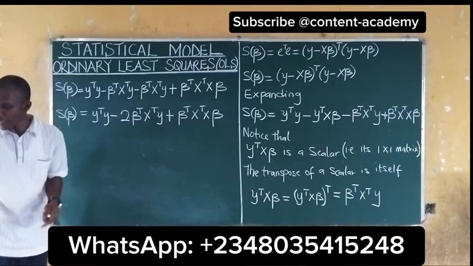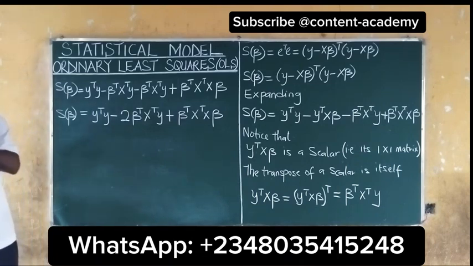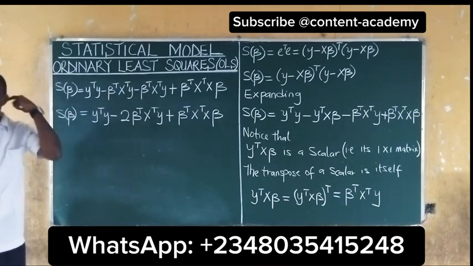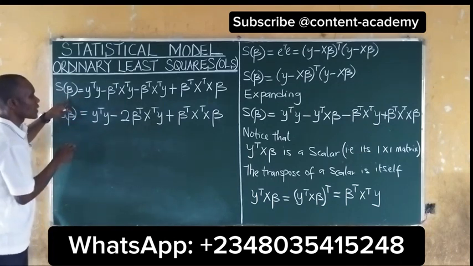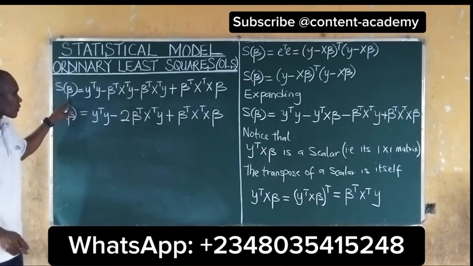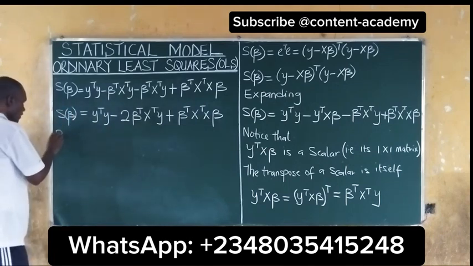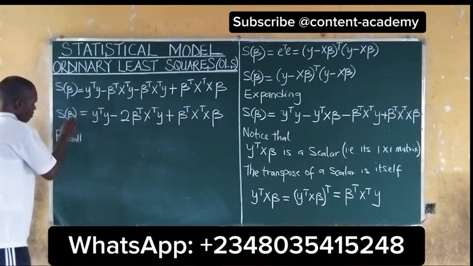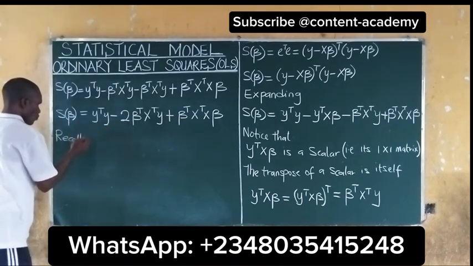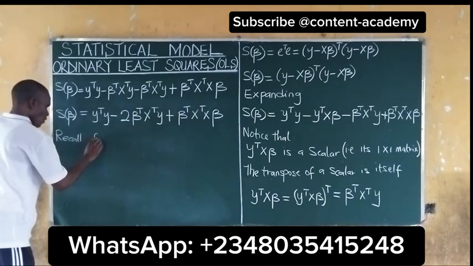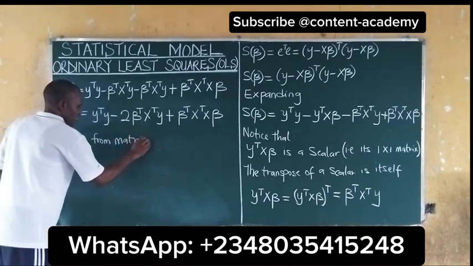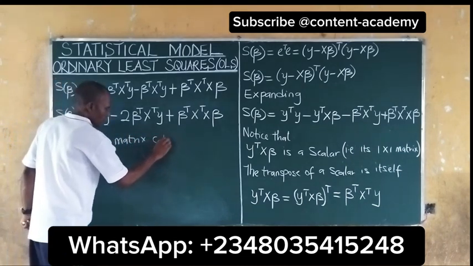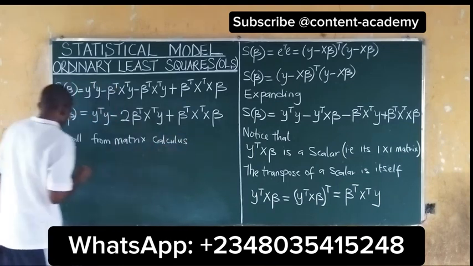So like I said earlier, the goal of the ordinary least squares is to find the vector, which is b, that minimizes the sum of squared errors. So we can recall that before we differentiate this function, from matrix calculus, we have that